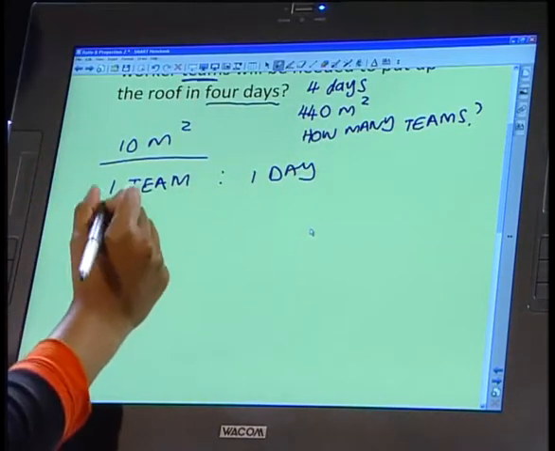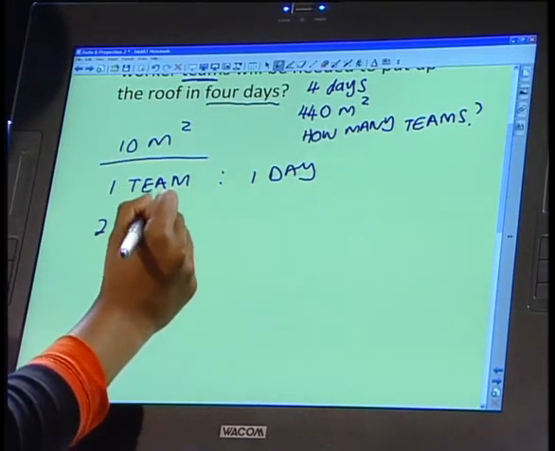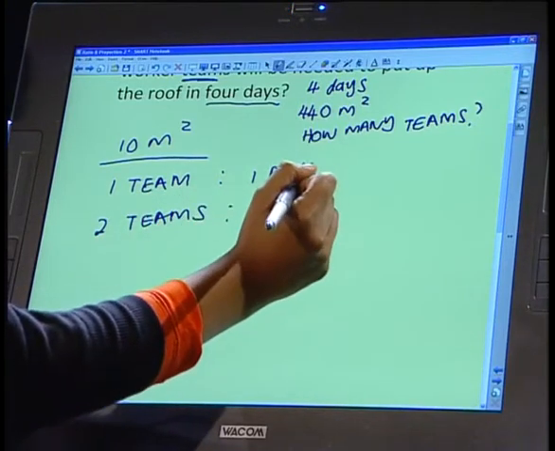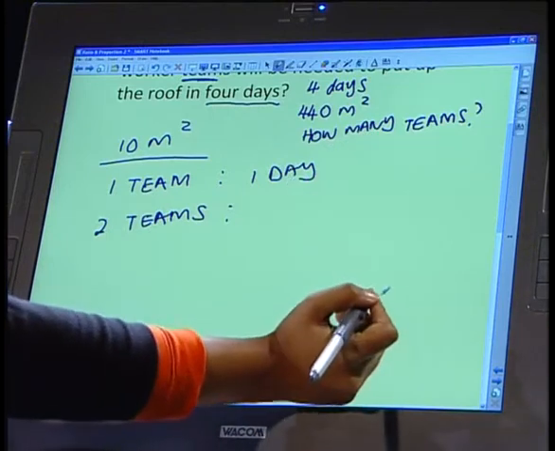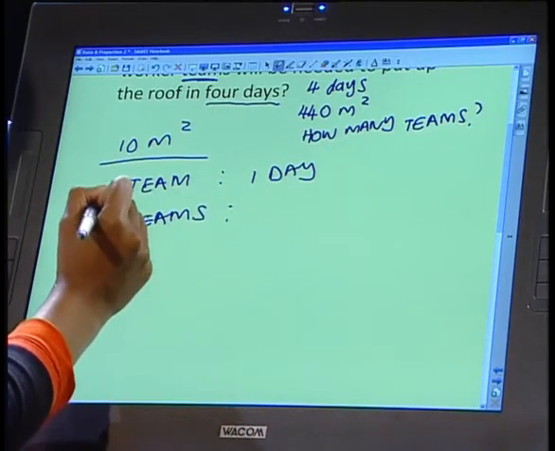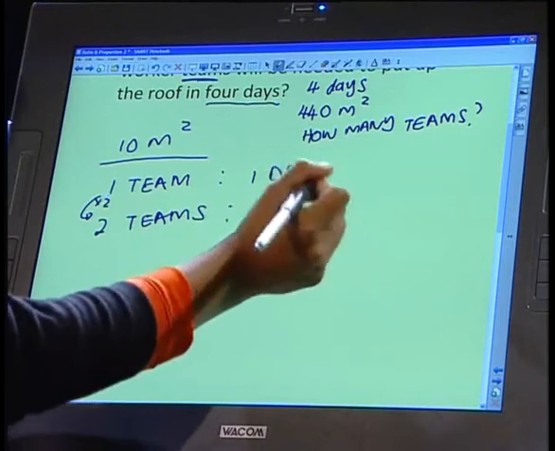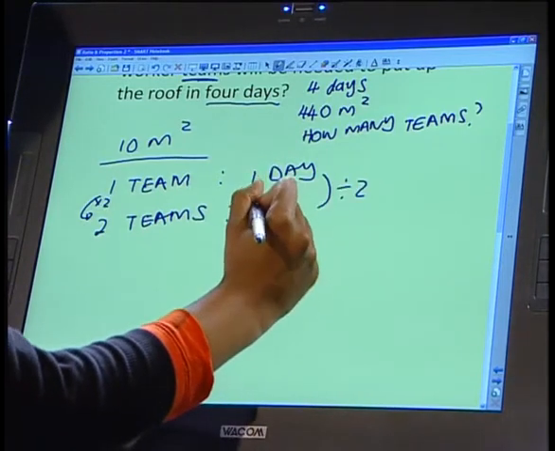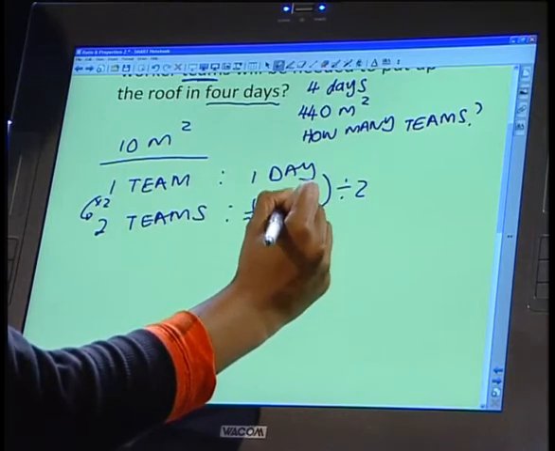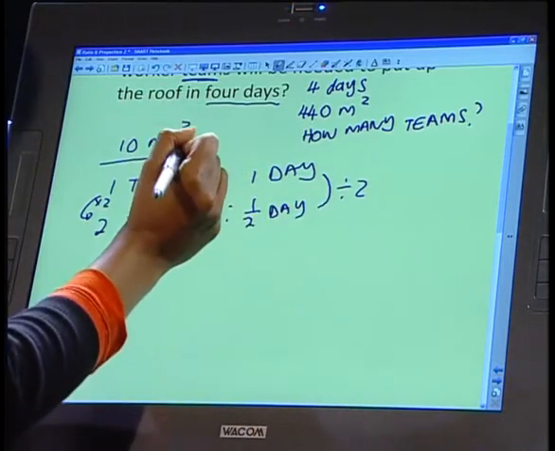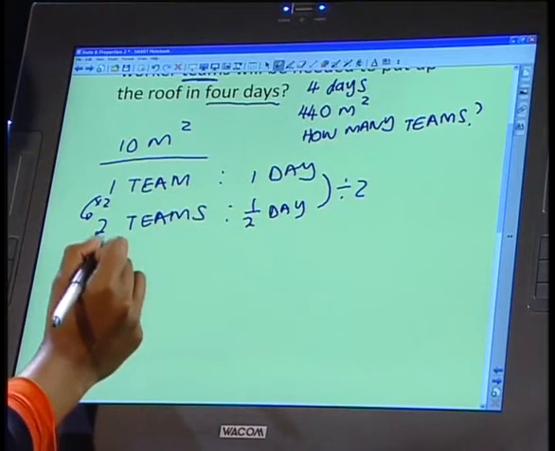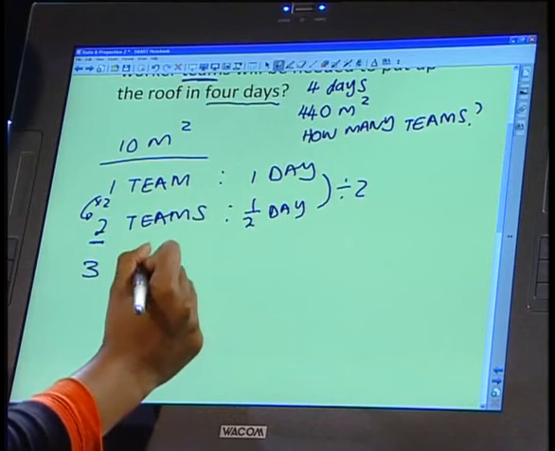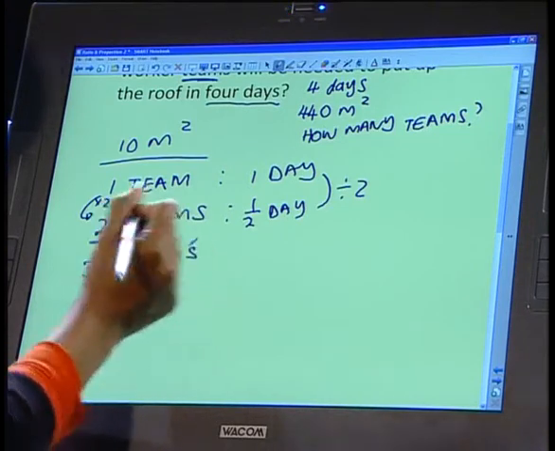So if you were to have, say, for example, 2 teams, then to work out the number of days it would take, what would we do? Since we times by 2 here, because it's going to take me quicker now, I'd have to divide by 2 on this side. So it would take half a day to put up 10 meters square of roofing if I have 2 teams. If I had 3 teams, just to show you the pattern here,